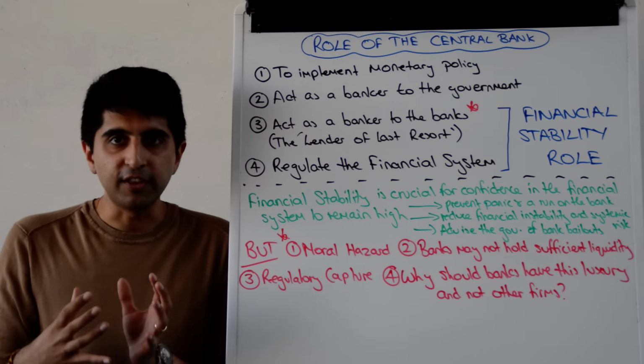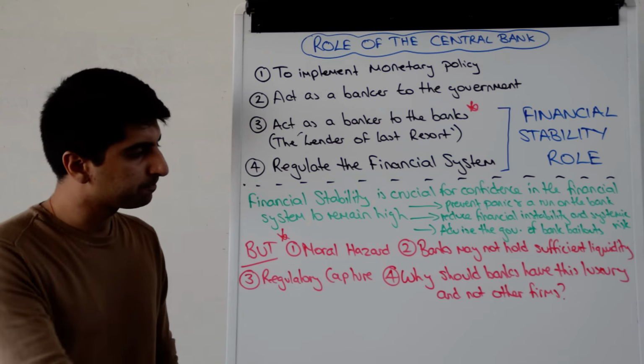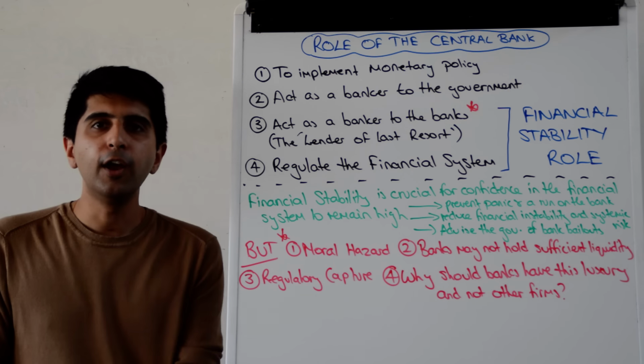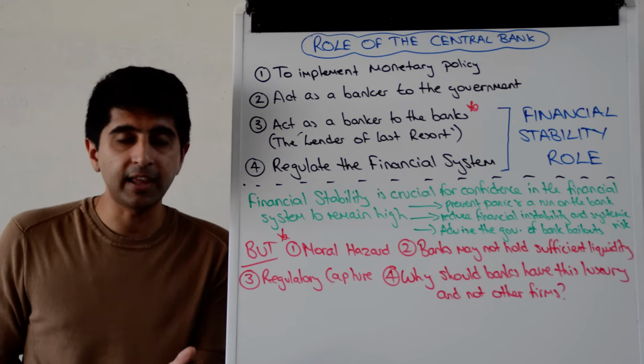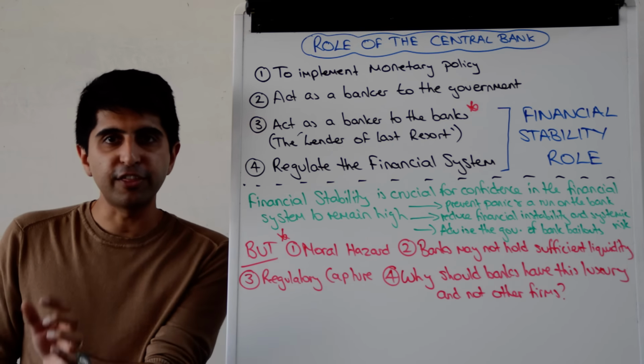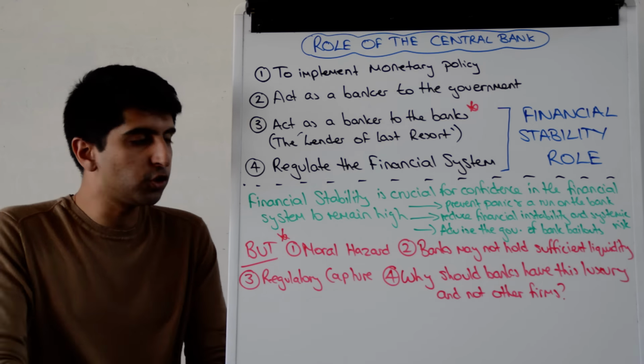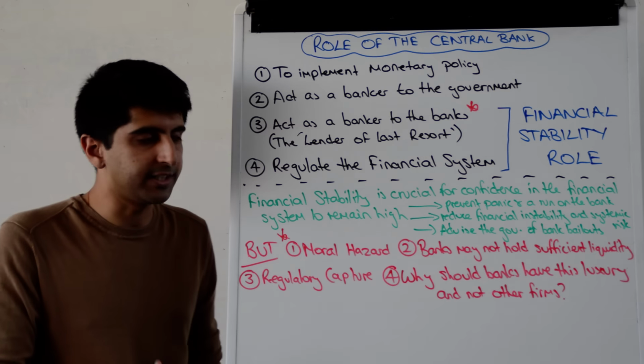Well, one major issue of this function is that the Bank of England might be promoting moral hazard. Moral hazard occurs when a risk is taken, a decision is taken, where if that decision goes bad, the cost is borne by a third party. So the third party in this case is the Bank of England, right, having to provide this emergency liquidity.